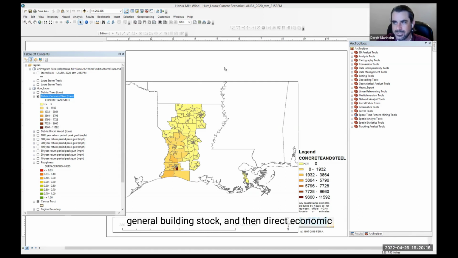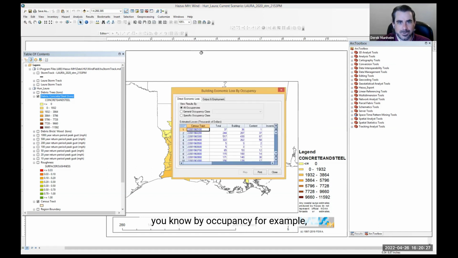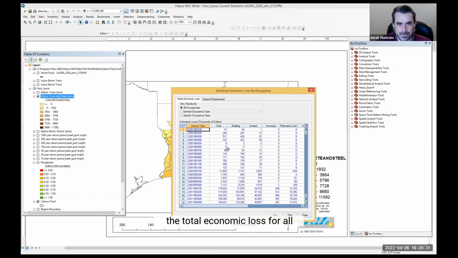So if you are also interested in the direct economic losses for this hurricane event, you can go to results, general building stock, and then direct economic losses. And you can see, by occupancy, for example, you can look at the total economic loss for all of the occupancies as shown here.